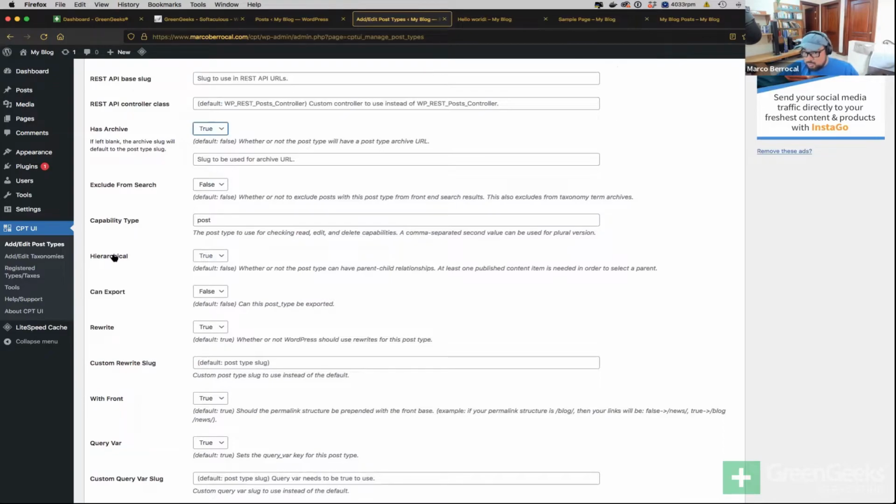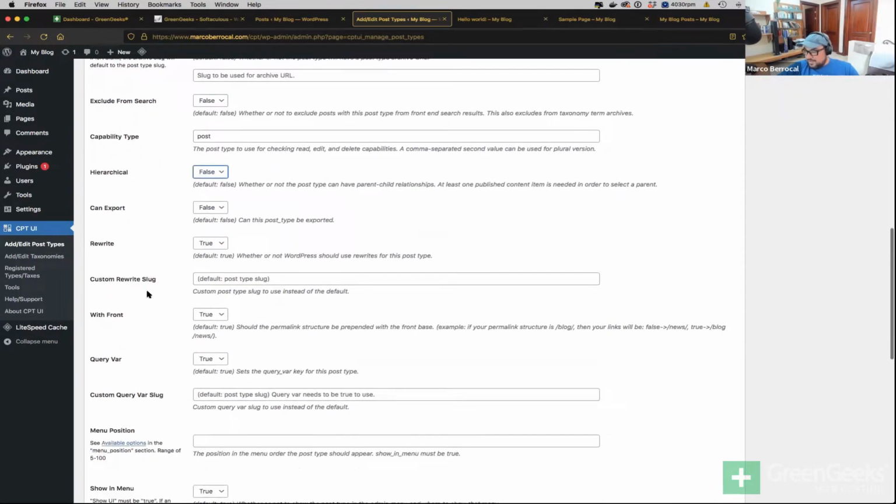The second one I really need to be careful or really need to think about is, do I want to set this to true or false? Remember the whole, when I gave my slide about the hierarchy, if I set this to true, it's going to behave like a page. If I set this to false, it's going to behave like a post. So in my scenario, movies, I want them to be like posts. So I'm going to set this to false. And the last thing that